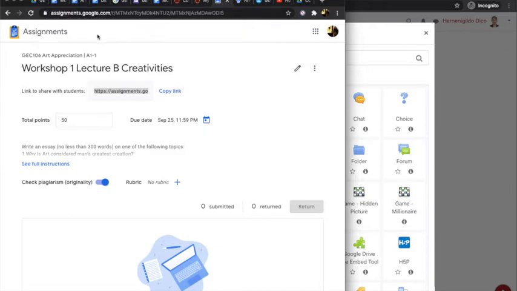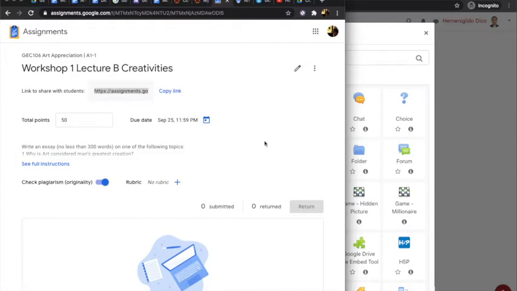There is a Google Assignments application in there where you can create an assignment for your students in multiple choice, and it depends on you. And then you can put how many points, and eventually the due date when they can submit their assignment, their task. And it will be collated by the Google Assignments application, so it will be easier for you to collate the data